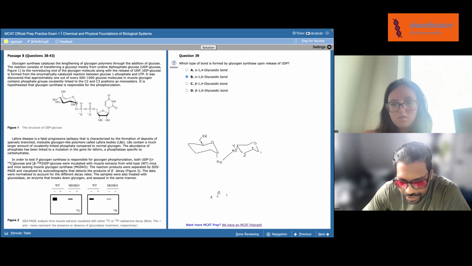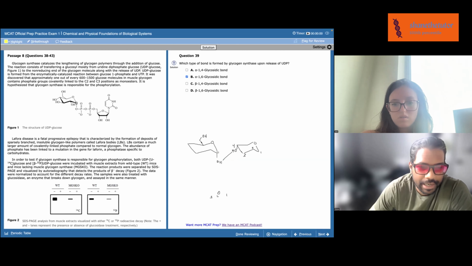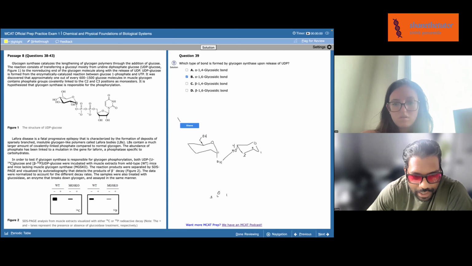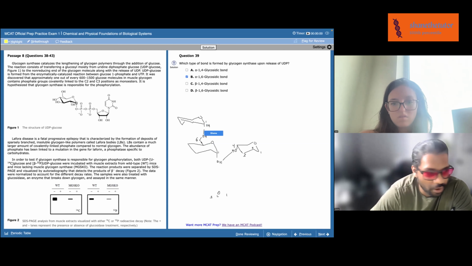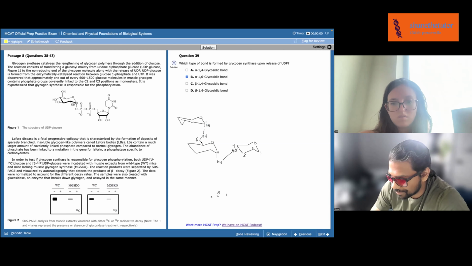It'll be just a single oxygen. But you could also have the 1 position and 6 position form a bond. And that's what will form what's called branches